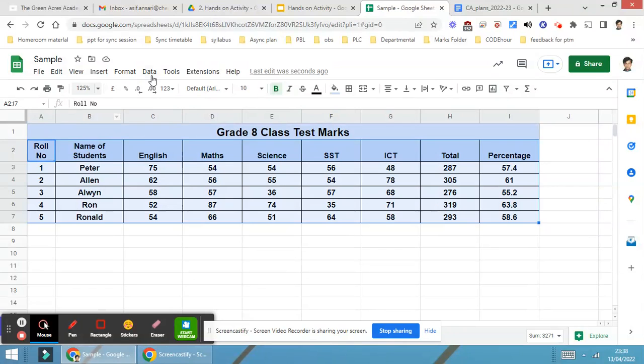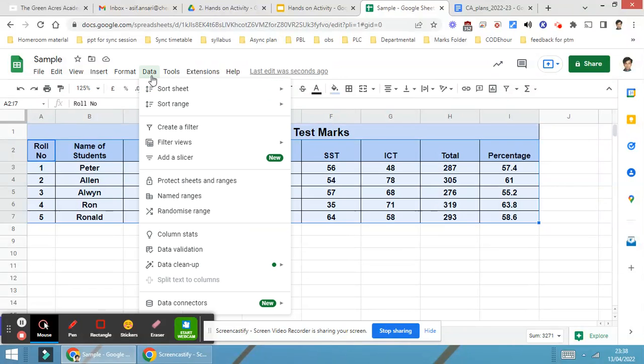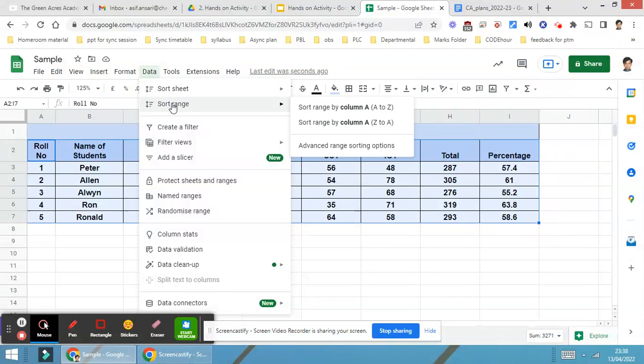Then you will be able to see a menu called Data. Go over there, and you will be able to see Sort range. In Sort range, first it is A to Z, that is ascending, and this is descending. But this will only arrange column A in ascending or descending order,